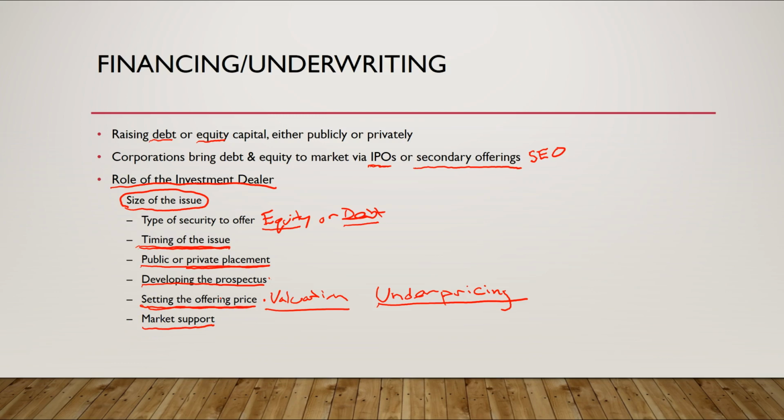Okay, so once this issue has been pushed out into the public market, the underwriter, the investment dealer, the investment bank, may have a duty to provide some sort of market support for this new IPO that has hit the market. Typically we see this as aftermarket stabilization. It's usually referred to in the prospectus as aftermarket stabilization. And one of the most common is what is referred to as the over-allotment option. We're going to look at an example of that in one of these prospectuses coming up.